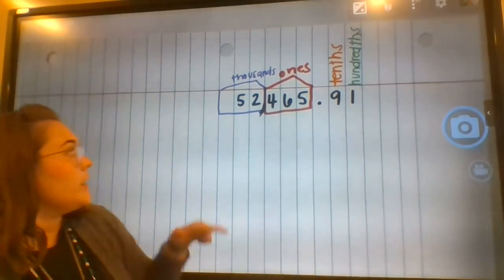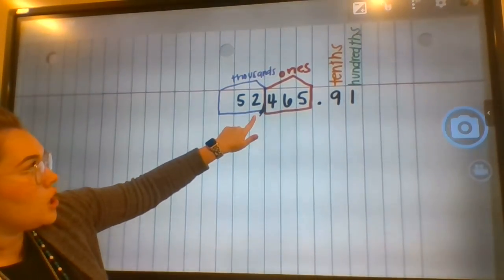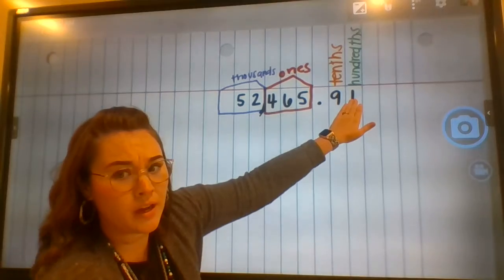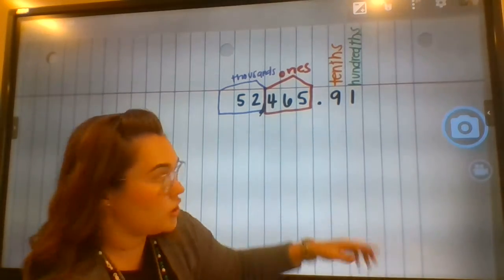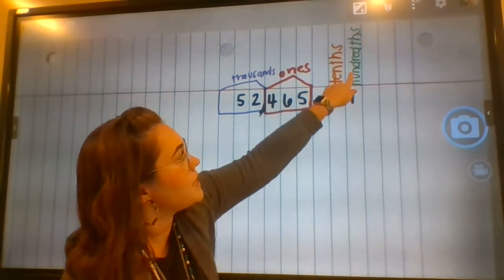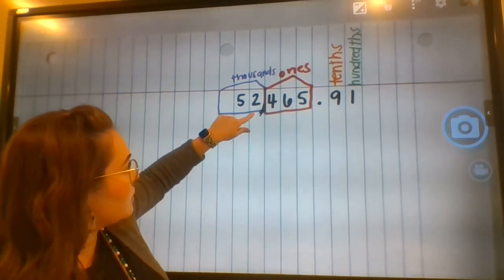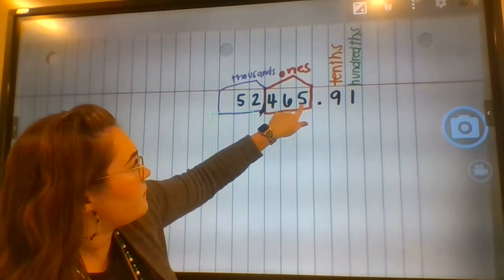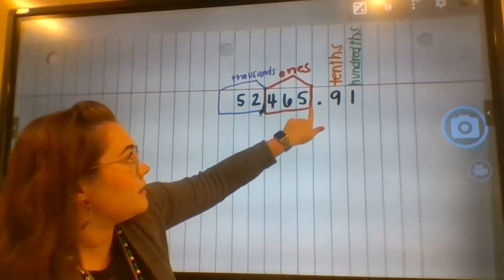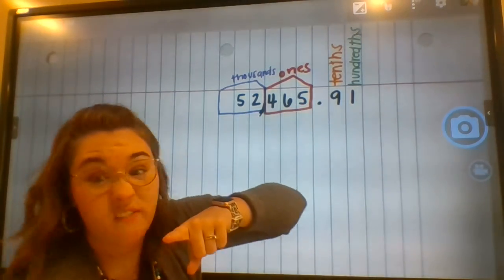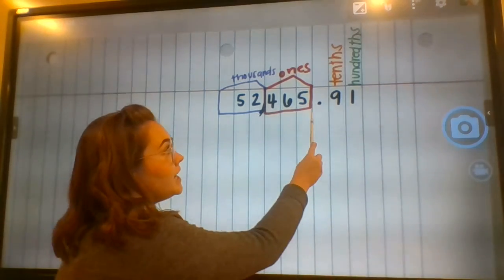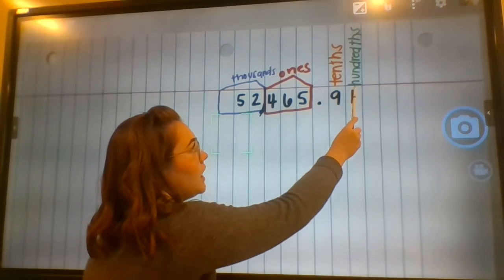Remember, we read when we get to the comma. When we get past the decimal point, we've got to read the place value when we get to the end of the decimal. So we say 52,465 and, that's the only time you get to say and, so y'all better take advantage of it, and 91